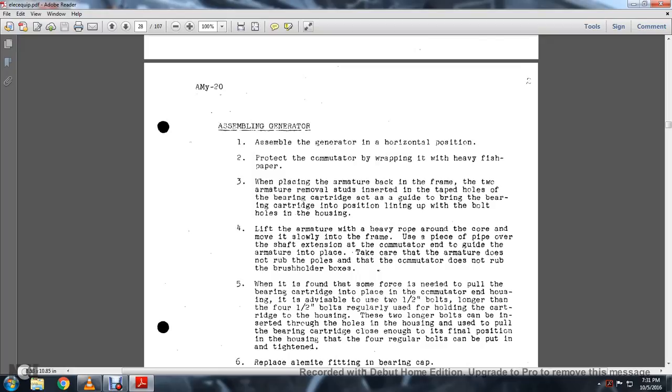Assembling the generator. Assemble the generator in horizontal position. Protect the commutator by wrapping it in heavy finished paper. When placing the armature back into the frame, the 2 armature removable studs inserted into the tap holes of the bearing cartridges act as a guide to bring the bearing cartridge into position, lining it up with the bolt holes